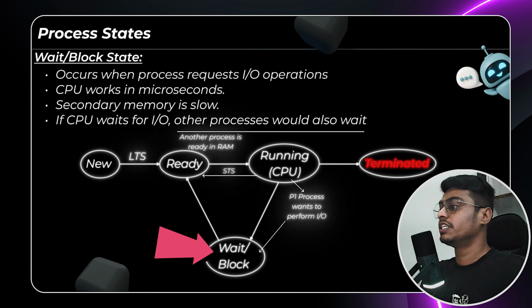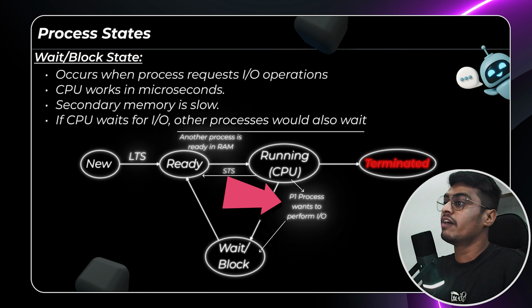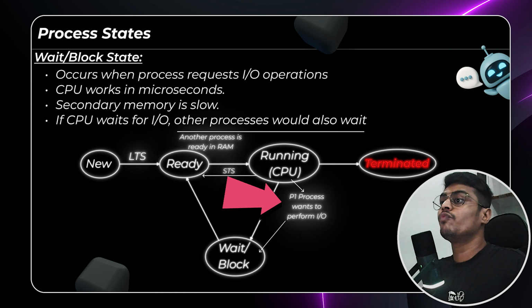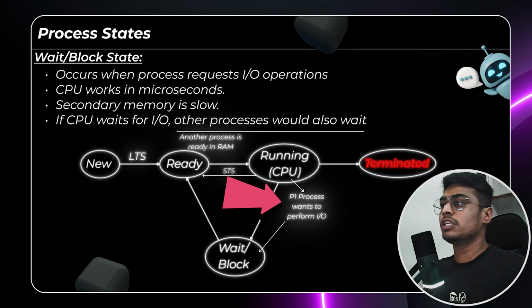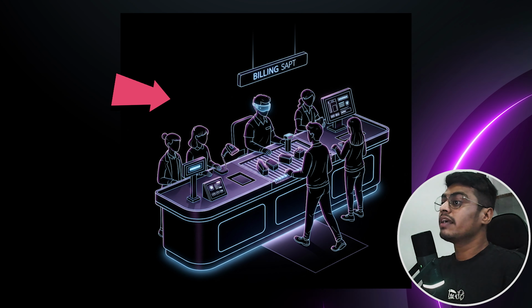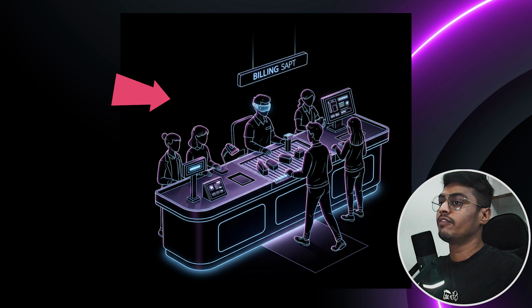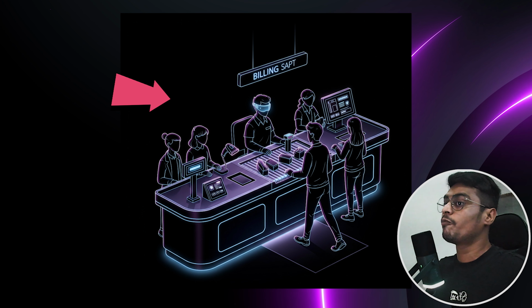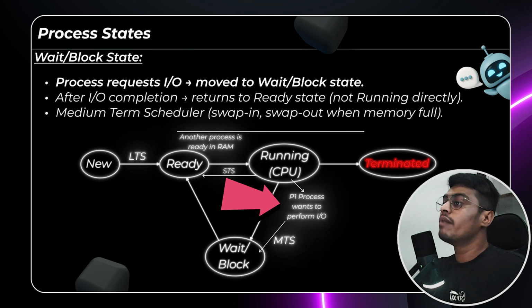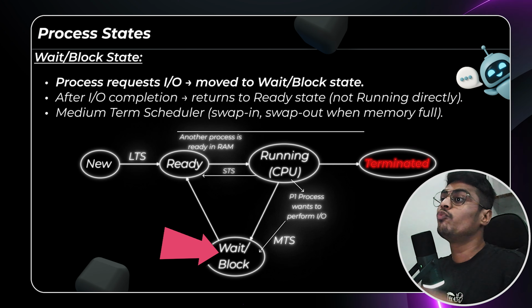Wait and block state. Suppose a running process wants to read a file from secondary memory. The CPU works in microseconds, but secondary memory is slow. If the CPU waits for secondary memory, other processes will keep waiting. It's like a billing counter in a supermarket. If someone goes to buy something else while their bill is being processed, the billing person serves others instead of making everyone wait. So when a process requests an input output operation, the CPU asks it to go to the wait or block